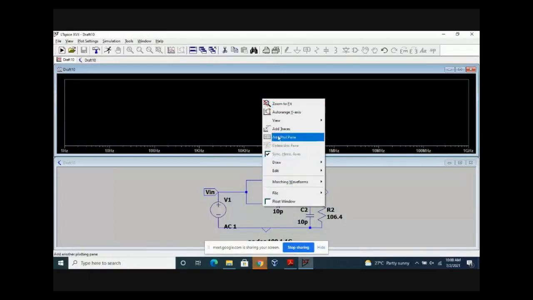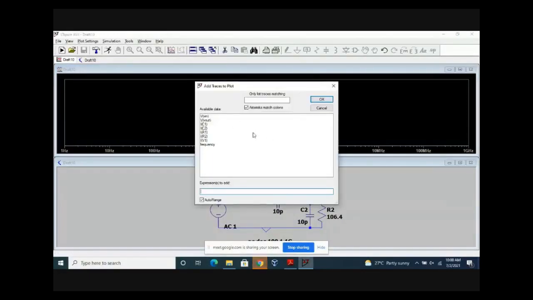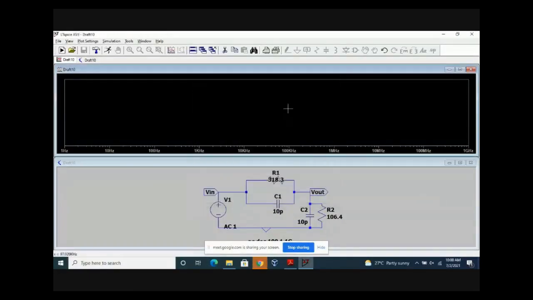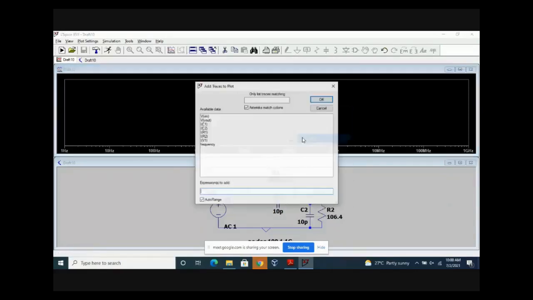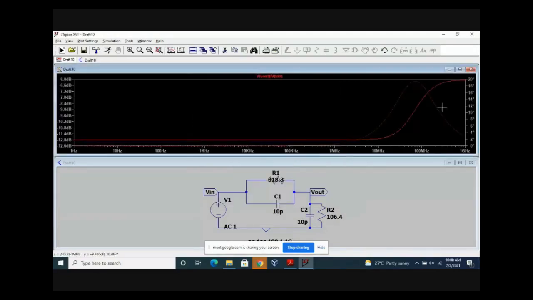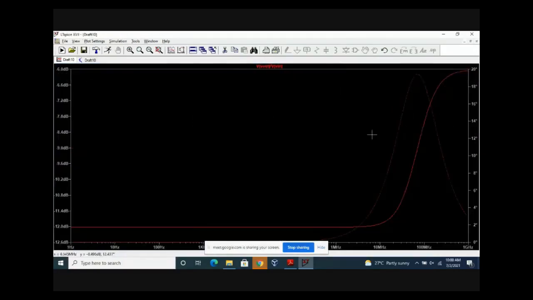I should right click, and then it will come, add traces. So what I did is I kept on this blank window. I did right click. You will get an option called add traces. There you can see V out and V in. So first I'll click V out, then V out will actually appear in this window. What I want is V out by V in. So I just put a division sign, and then I'll put V in here, and then I'll give OK. So when I give OK, you will get a response here.